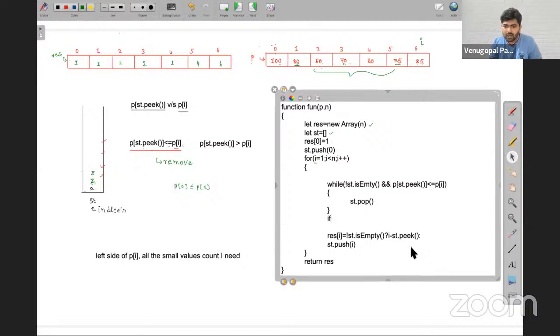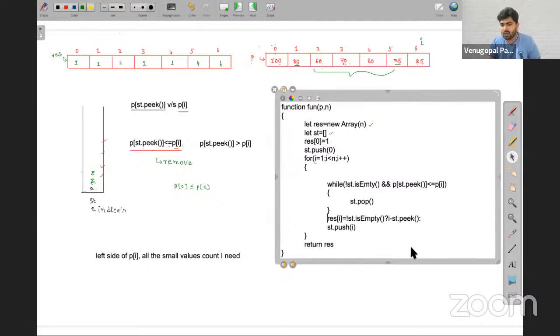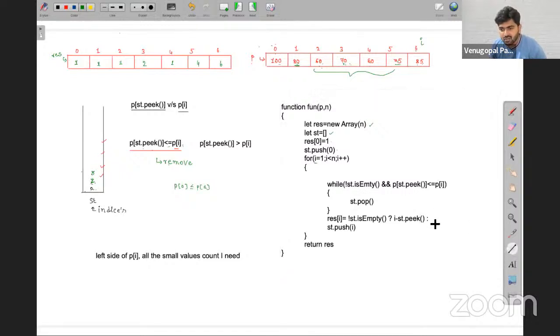So this recording will be available on YouTube, so you can get this recording on YouTube also. So friends, here what I wrote: if your stack is not empty, then this you understood. No problem here. But what if the stack is empty? What will you get exactly here? So this is your homework. What exactly you need to place is your homework.